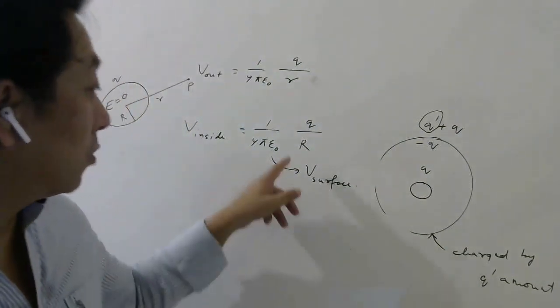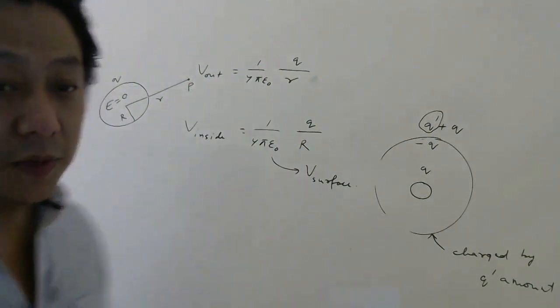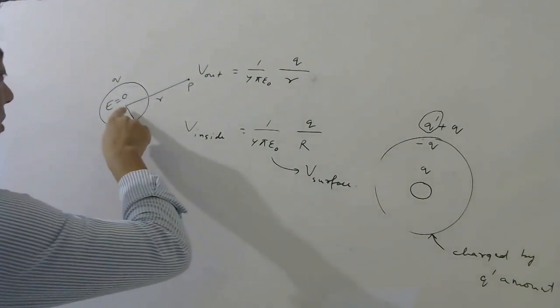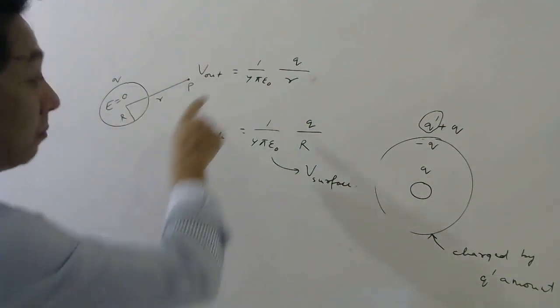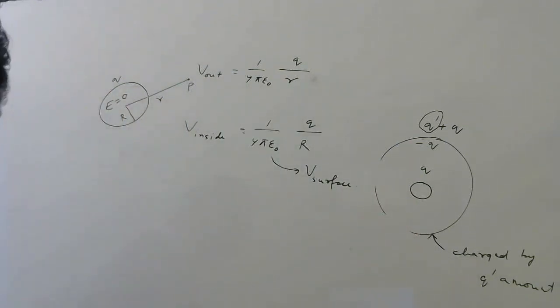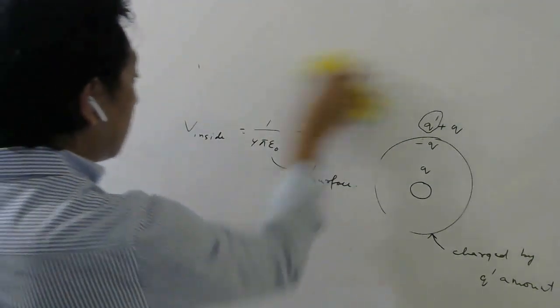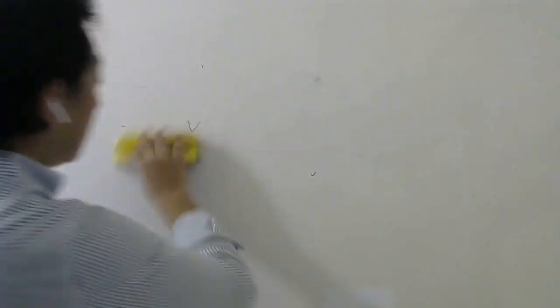And on the surface, you have to write capital R, not small r. Capital R represents the radius of the shell and small r represents the distance from the center of the shell to the point where you want potential. But this is the formula outside. Inside, everywhere it is constant. Okay students, based on this concept, let me solve some problems which will be useful for entrance exams.